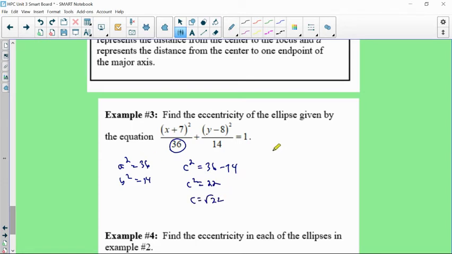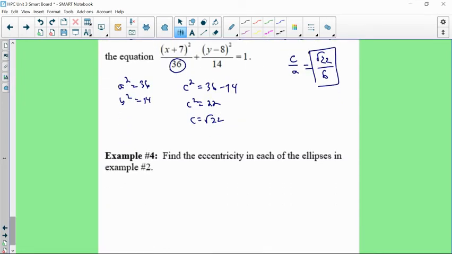And since we need eccentricity to be a ratio of c to a, that would be root 22 compared to the square root of 36, which is 6. So there's our eccentric value. It's just a measurement. The closer you are to 0, the more it's going to be like a circle. The closer you are to 1, the stretchier it's going to be. And we're going to find out that it can't ever be equal to 1, because then it becomes a whole new